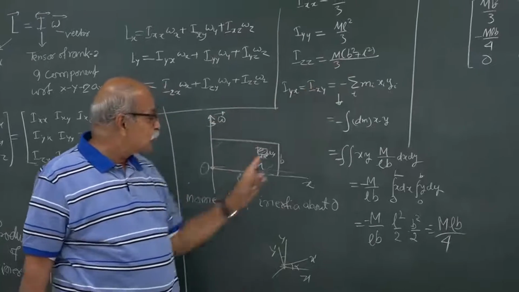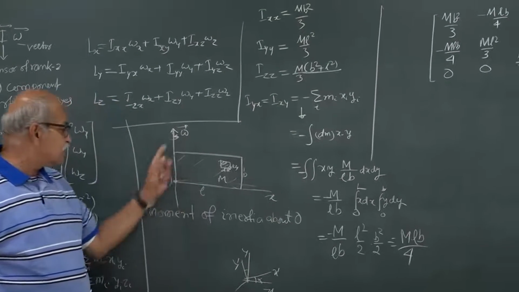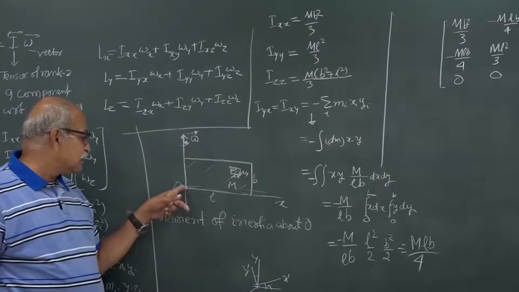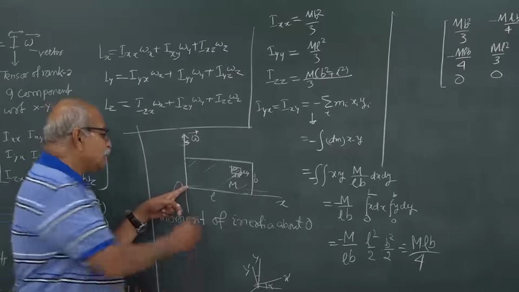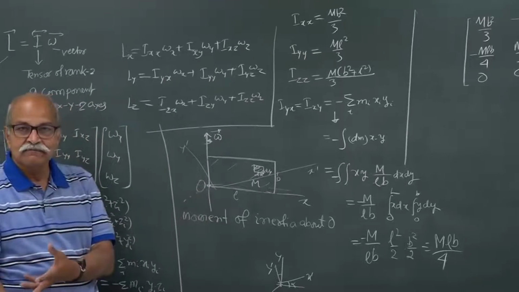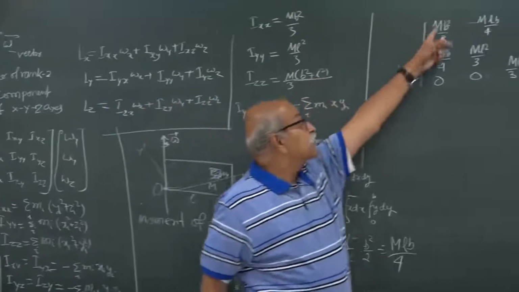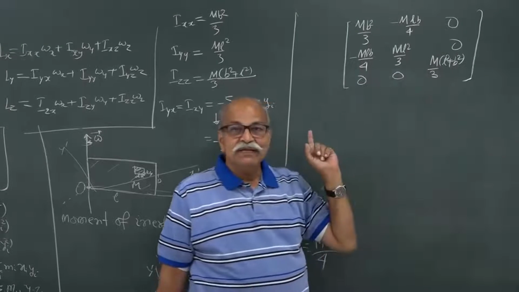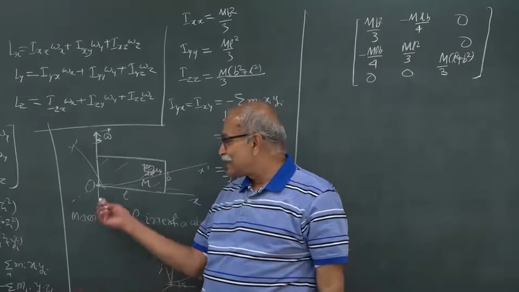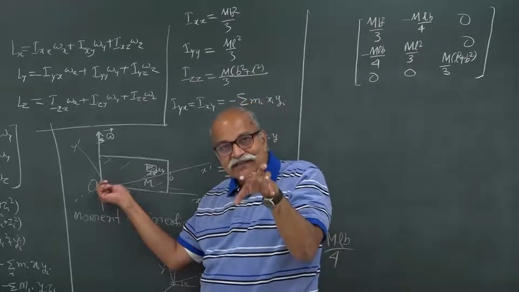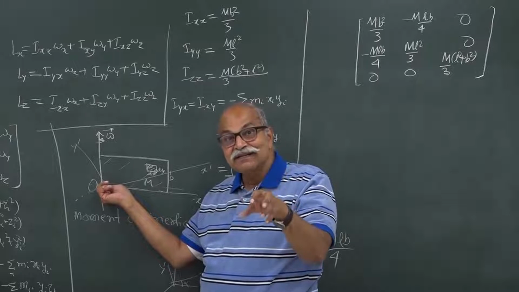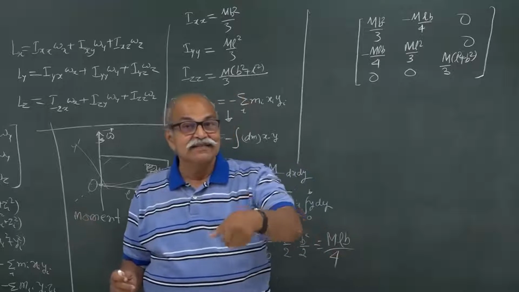Similarly, here I have chosen one particular axis system x, y, z. Of course, I need moment of inertia about the origin, about this given point, this I cannot change, but I could have taken some other axis, the x prime here, y prime here, and z prime. Then these components will be different, but that does not mean that the moment of inertia of the plate is different. Moment of inertia of the plate about O is a physical quantity, and that physical quantity is expressed in components once you have chosen x, y, z axis.